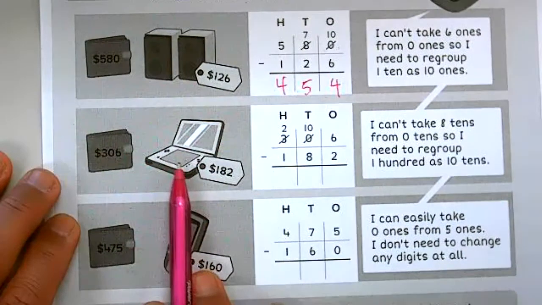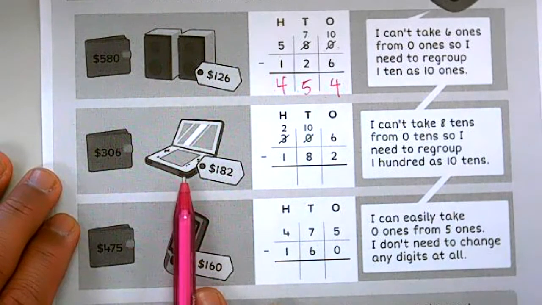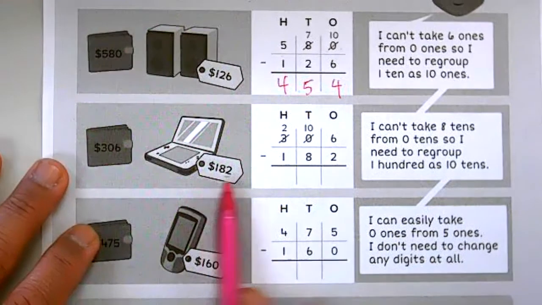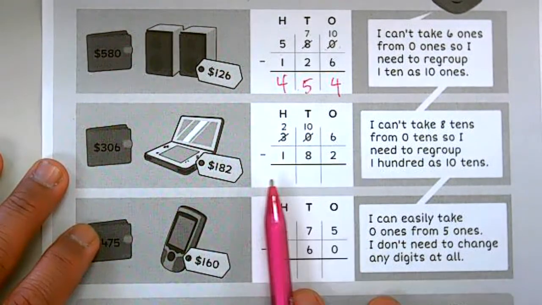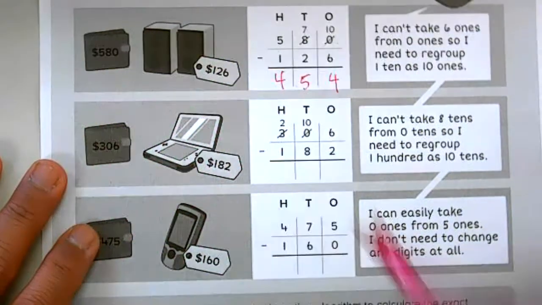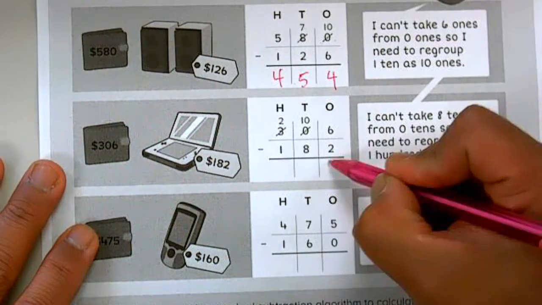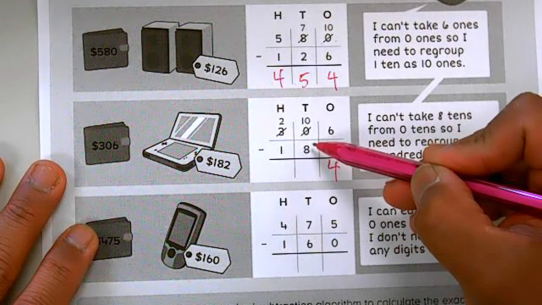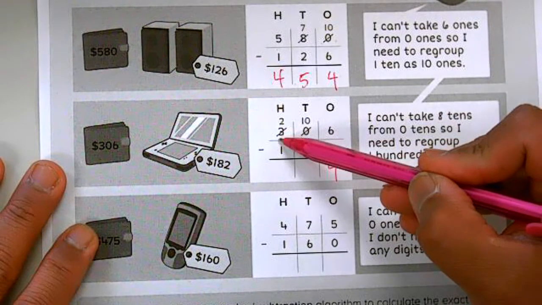And here's an original Game Boy, old school, $306 in their wallet. They spent 182. 306 minus 182. Okay, 6 minus 2, we can do that. That is 4, but 0 minus 8, you cannot do. And so they had to turn this,